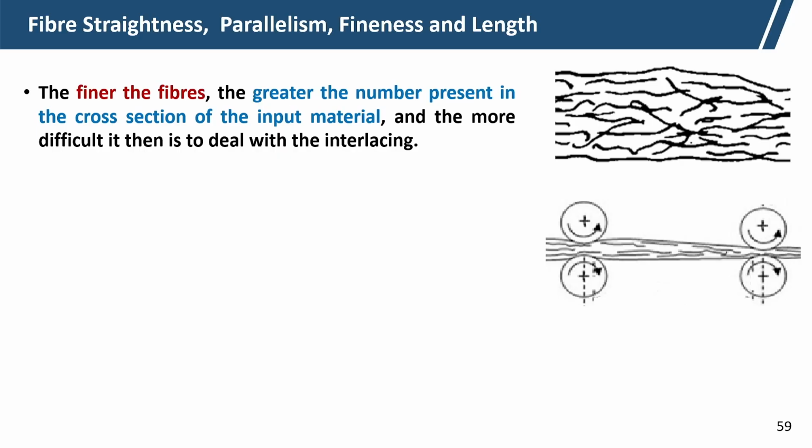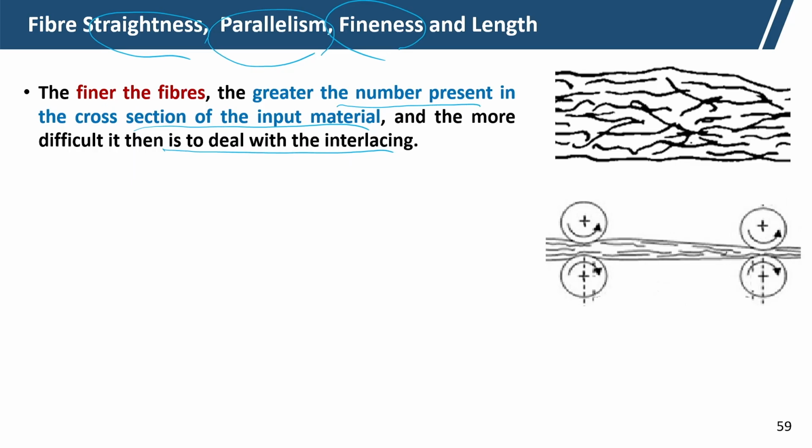So, the finer the fibers, the greater the number present in the cross section of the material. So, for fiber fineness, fiber parallelization we have seen, fiber straightness we have seen, now fiber fineness. A greater number of fibers in the cross section of the material makes it more difficult to deal with the